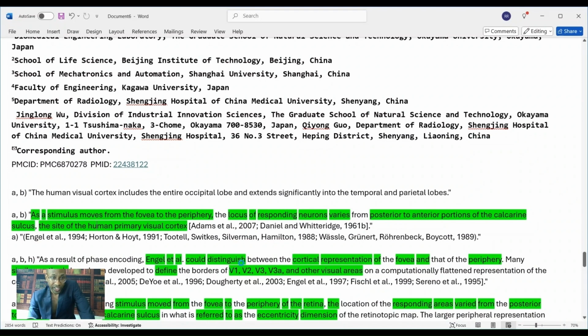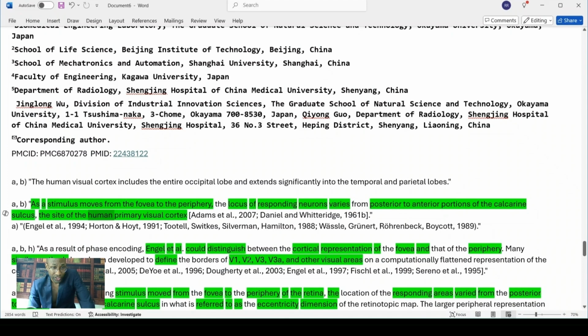Demarcation process, which is used to outline V1, the primary visual cortex, V2, which is not surprisingly the secondary visual cortex, and V3, which is the tertiary visual cortex. And the same way that we know where the primary, secondary, tertiary, and quaternary visual cortices are, quaternary being the fourth visual cortex, is through a demarcation process similar to this, and it's consistent with previous research that shows that the peripheral visual field